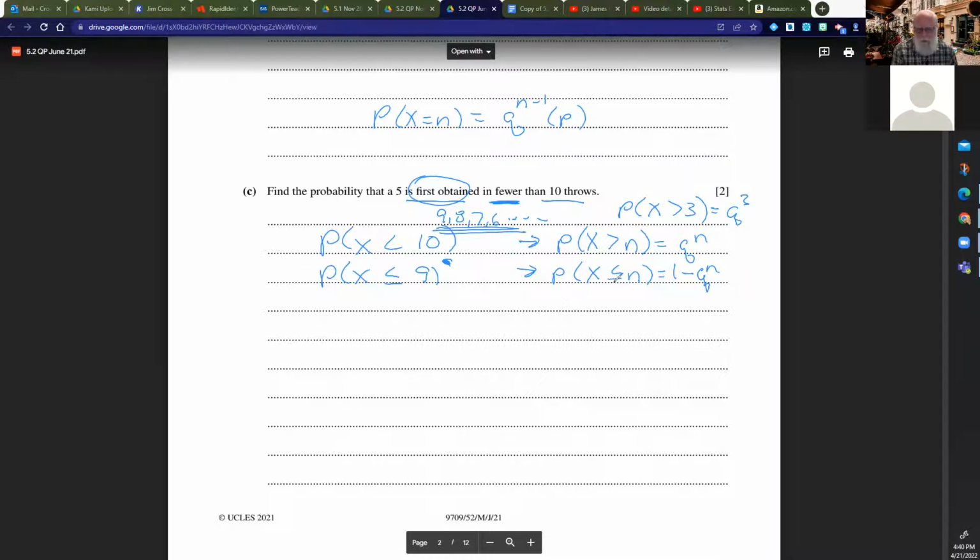Now, my formula has this. So what am I going to do? 1 minus, now what's the probability of failure? It would be 5/6, right? It's still 5/6. And then to what power? To the 9th. These two formulas